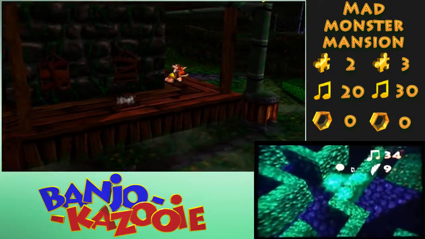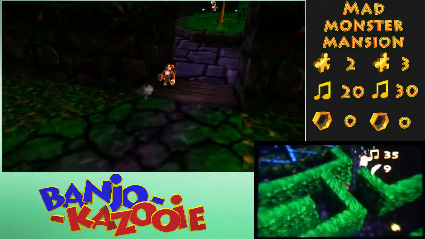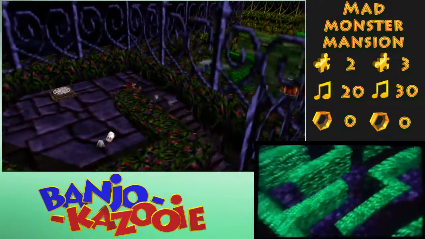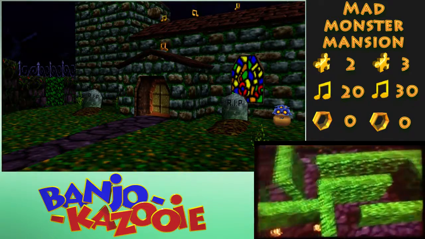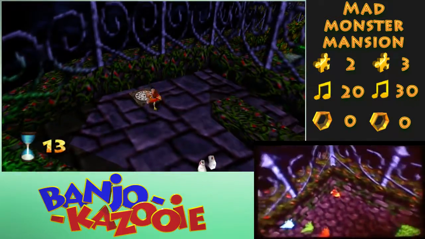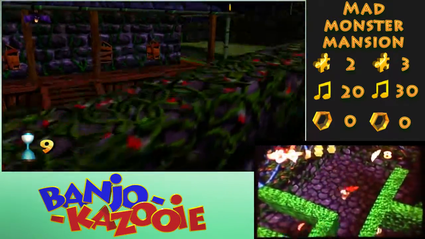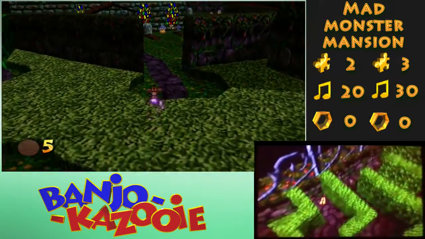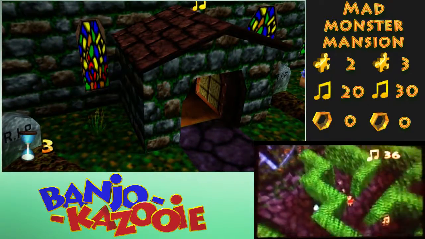Because like Pokemon X and Y or whatever, they had a rich mansion with, I wouldn't exactly call it a maze, but they had hedge gardens everywhere. I think Super Paper Mario, the Haunted Mansion kind of level, also did that. Could be wrong. Man, I want to play Super Paper Mario again. No, I want to play...